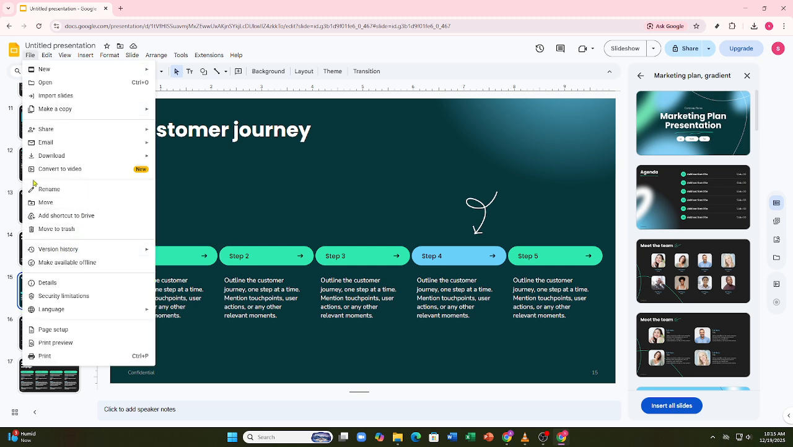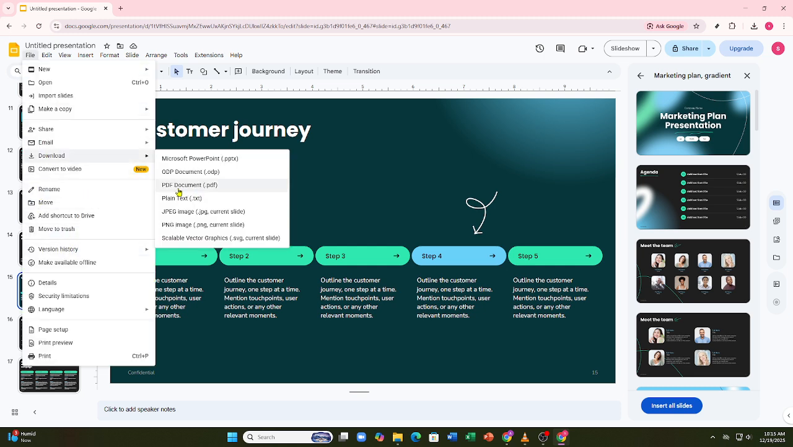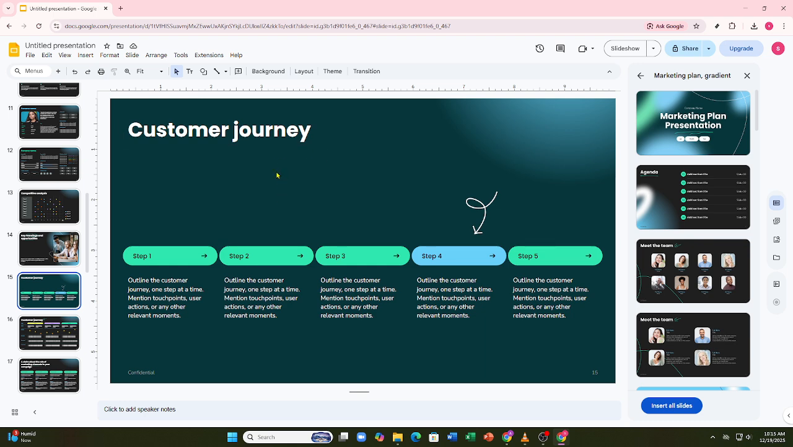By focusing on clear goals, clean design, strong visuals, and consistent branding, you can design effective marketing slides in Google